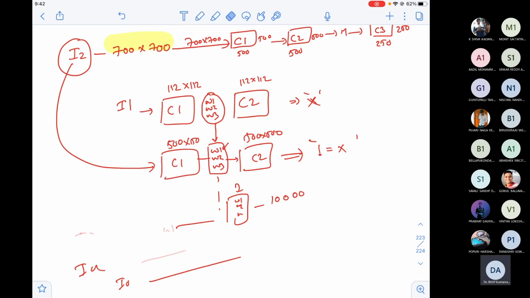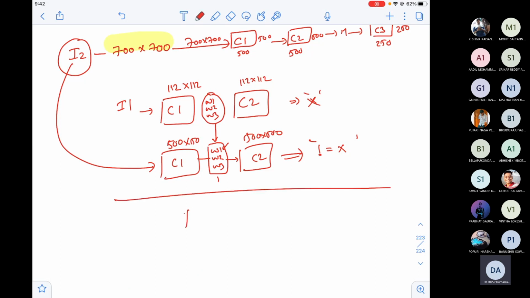But that is not happening here. When I pass different sized images, I'm getting a different number of weights at every layer. Then in that case, introducing new weights for every image is definitely time consuming and you may not get stable weights. Then what is the solution? What is the solution, guys? You know the solution, guys. The solution is padding and striding. You know padding and striding, right?